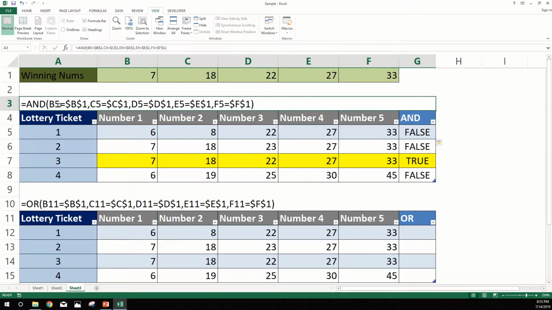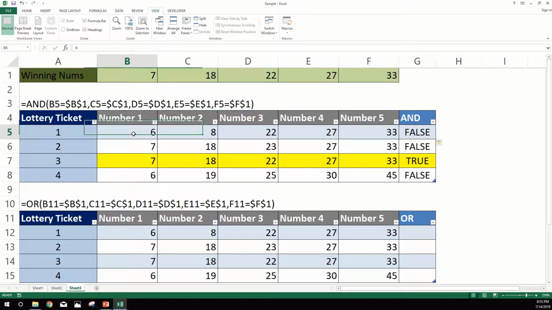Well, basically looking at this, we're going to go ahead and compare. First, we're going to go ahead and use the first row in our table because that automatically applies and converts the equation going down the line. And I'll show you what that means. So here we're looking at